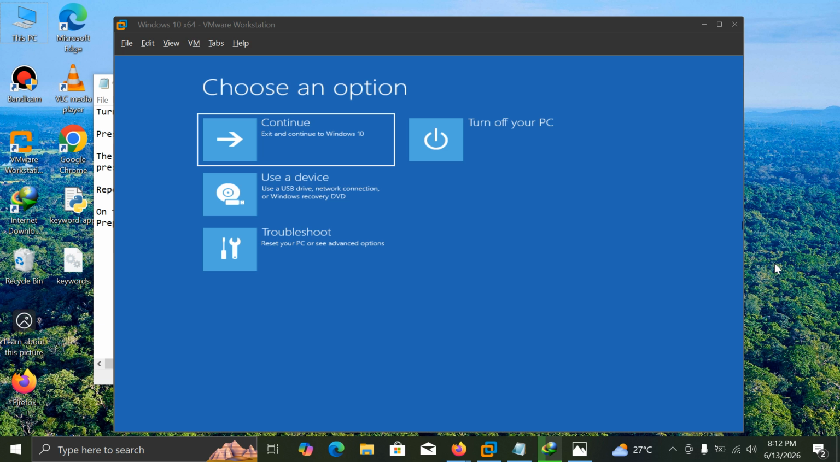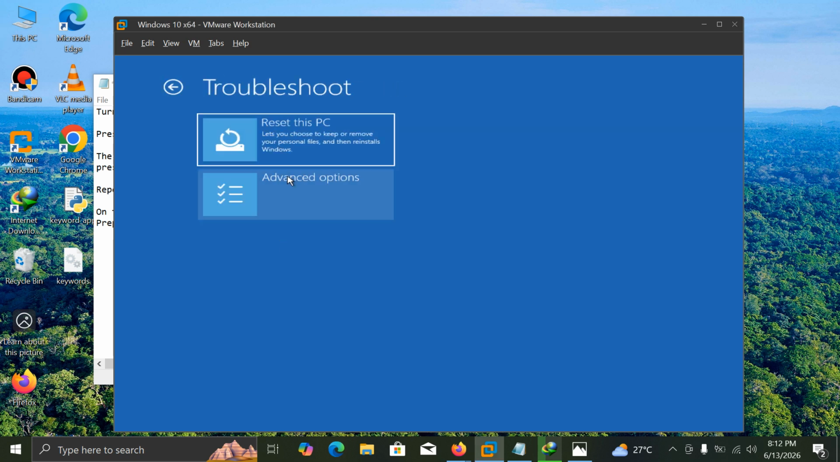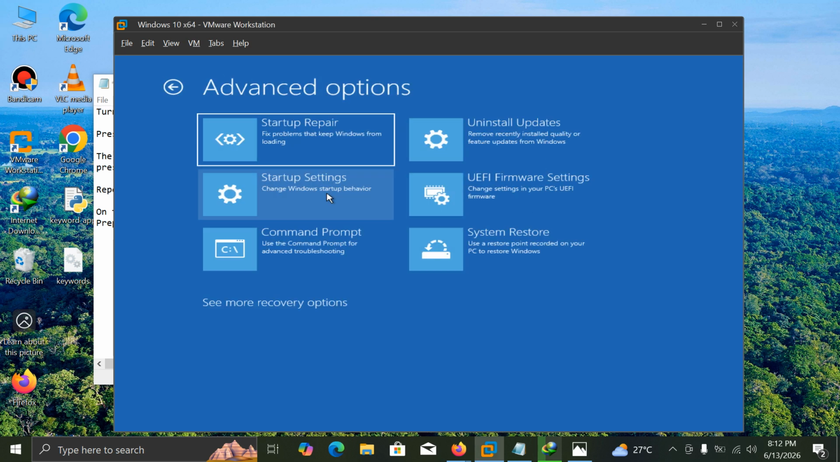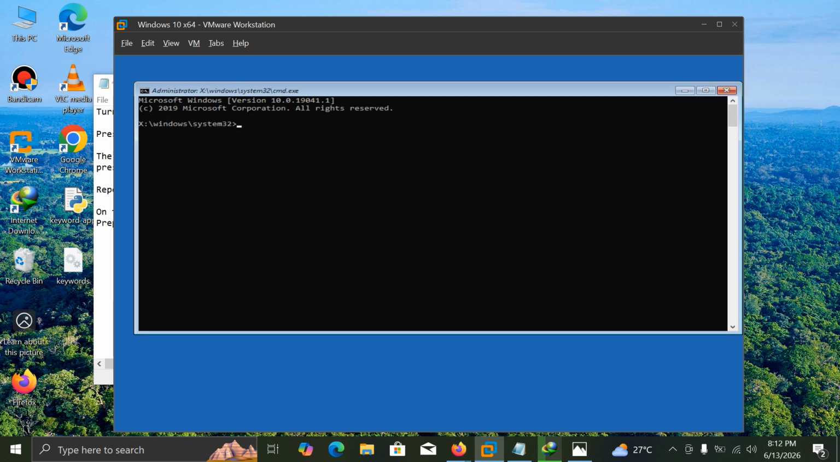Okay, third method is you can use the command prompt to rebuild boot records. To do that, just go to the troubleshoot option in the advanced boot menu, go to advanced options, select command prompt. Once it is open, you need to type bootrec space /fixmbr. Hit enter. Once the process is complete, again you need to type bootrec space /fixboot and hit enter. If you receive an access denied kind of message, you need to type this command